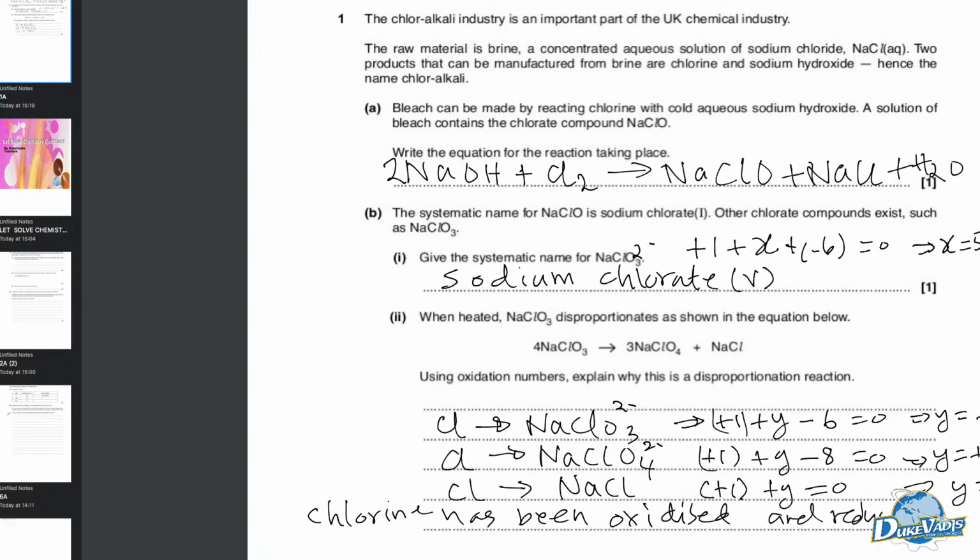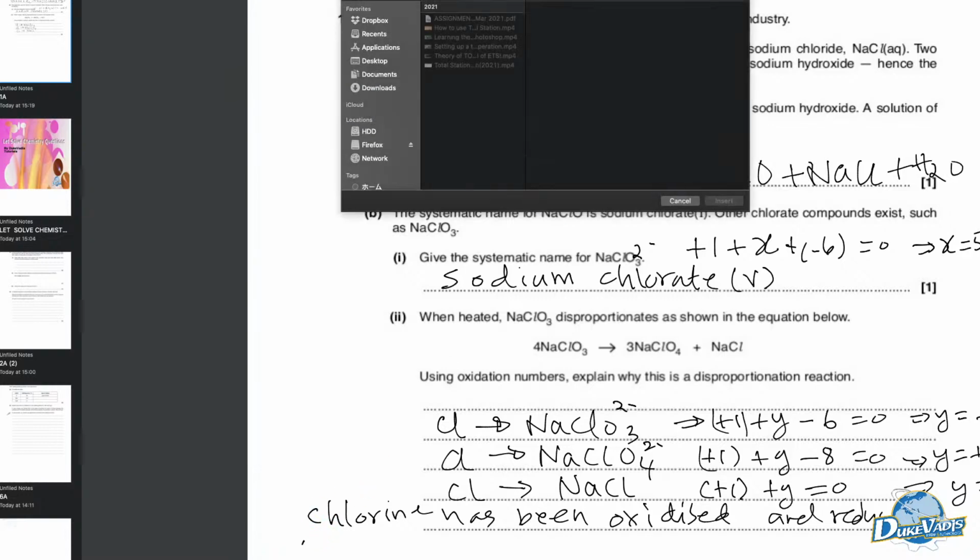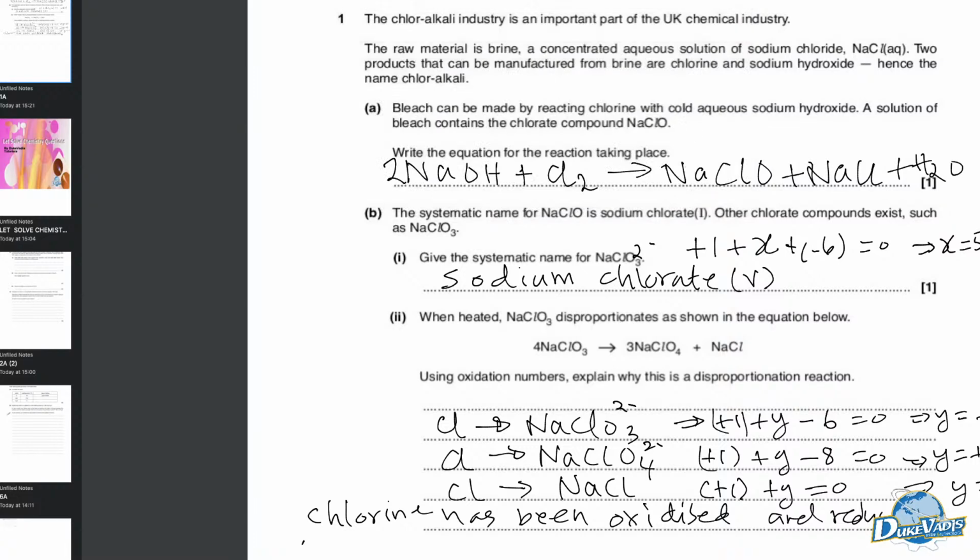If we look at the reaction carefully, we can also draw it in a different format that will help us. If we look at our reaction, when we had 4 sodium chlorate, NaClO3, going to 3 sodium perchlorate, NaClO4,